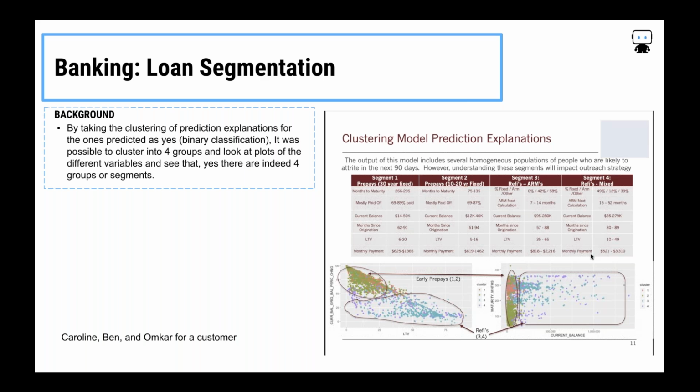This was an early one, I remember, that they were using these explanations for, and it worked really brilliantly for them. It helped them quickly segment customers into 4 different groups, and they were able to look at the clusters and easily see what the differences were between them, and give their customers a really good understanding of exactly how the model was doing in these different places.